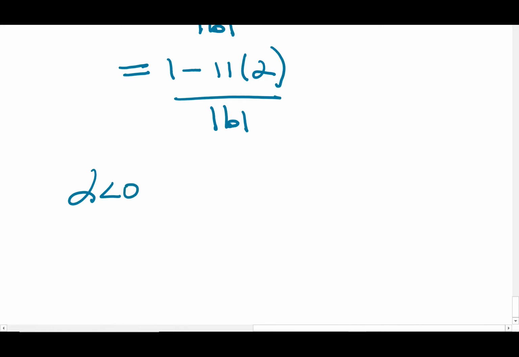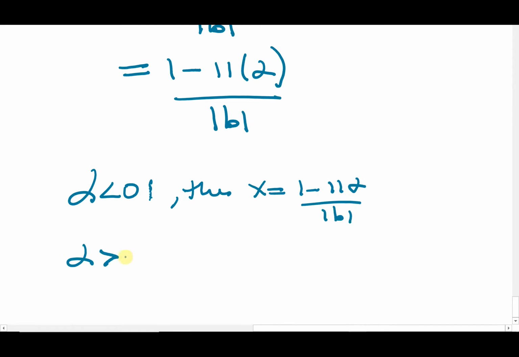This is like stating the negative integers. So if alpha is negative, then this is the form: we know x equals 1 minus 11 alpha over the absolute value of b. But if we constrain alpha to be greater than 0, we could just state x equals